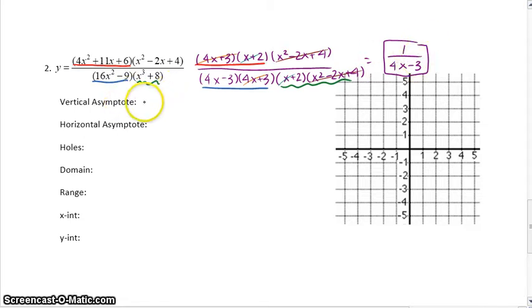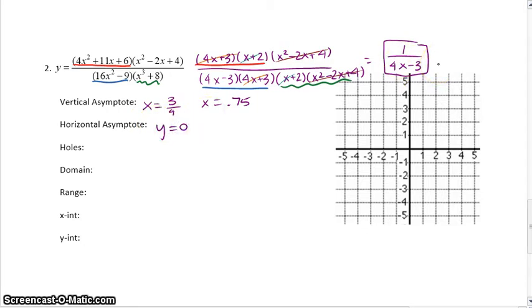So once we do that, we should get x equaling 3/4, which if we wanted to rewrite that, x equals 0.75. For the horizontal asymptote, since we don't have an x on the top, we have an x on the bottom, that means our horizontal asymptote is going to be just y equals 0, because we have a greater degree on